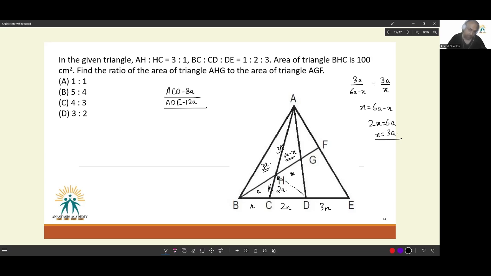Now looking at bases BH and HG. For ABH and AHG, height is up till A, bases are in the ratio BH is to HG, which is 3A is to 6A minus X. Similarly, for BHD, the area here is 3A. For HGD, the area here is X. These ratios are supposed to be identical. If these ratios are identical, we get X is equal to 3A, which means